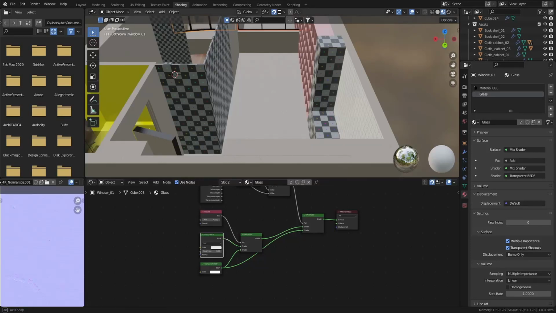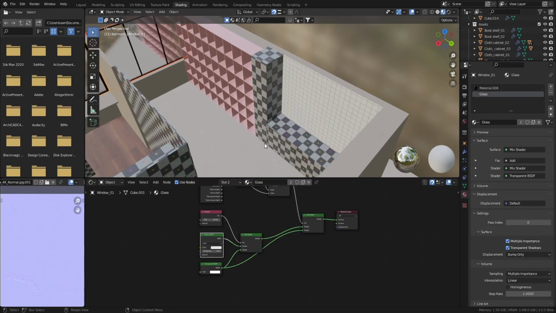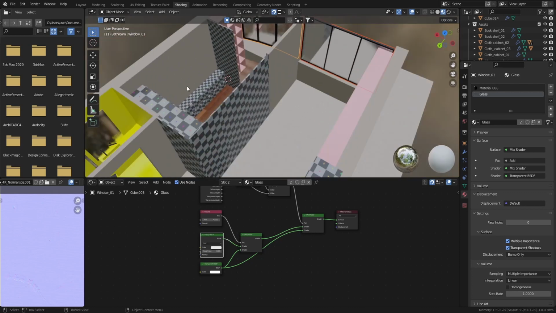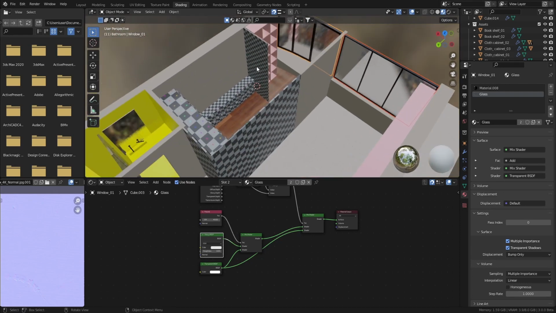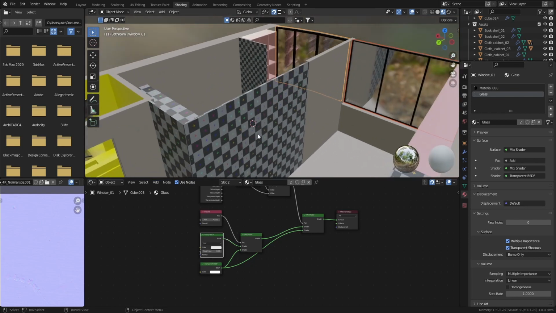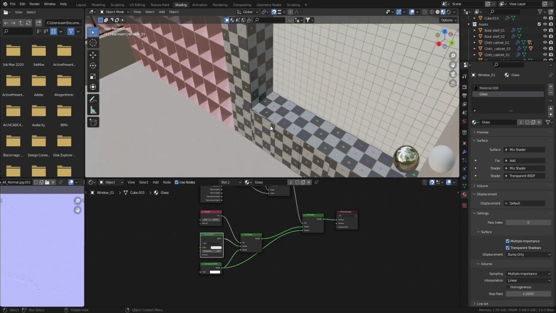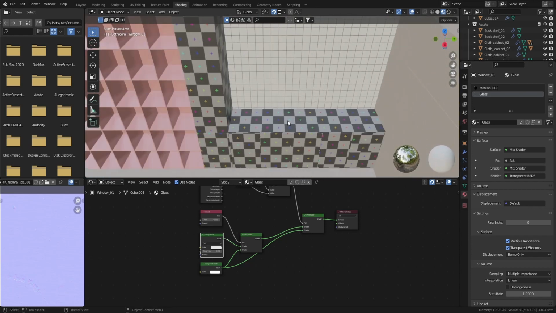Hello everyone, welcome to another video on the texturing part. In this part I will texture the kitchen countertop plus the cloth texture and the glass material for this special door of the bedroom. I will start with the kitchen, as I read in the info of the project that